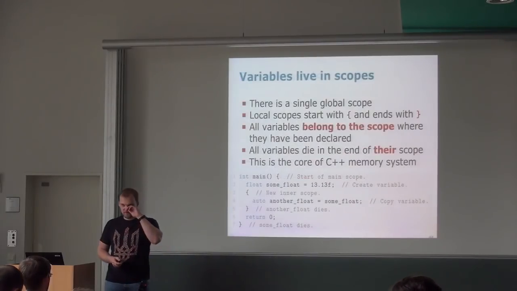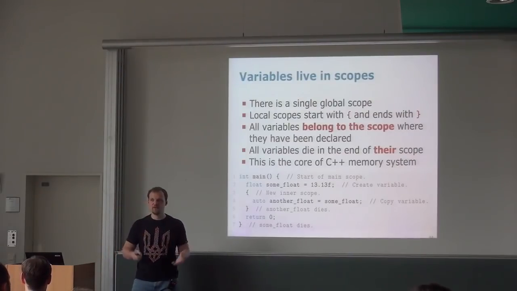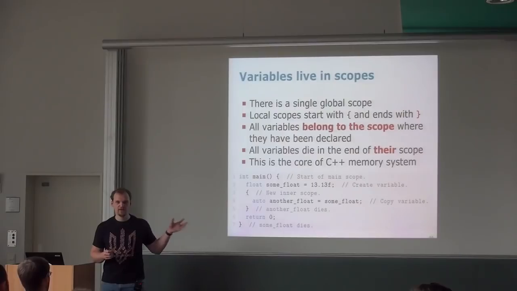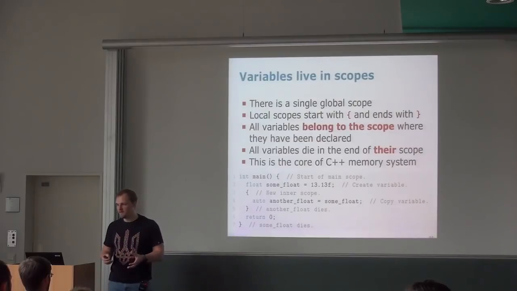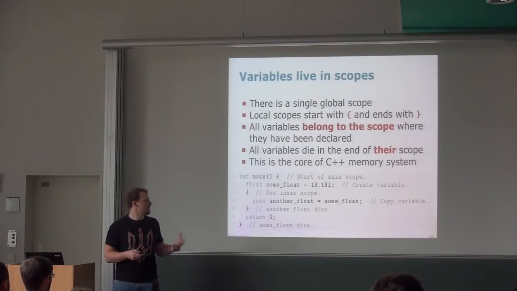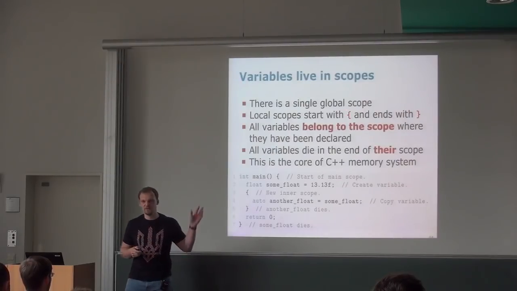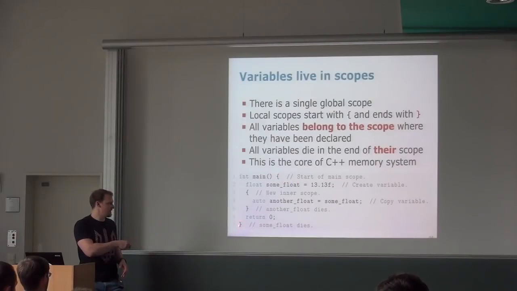Okay, an important concept, I think the most important concept of the memory. Whenever you think about C++, you have to think about this. This is why C++ is so efficient and why it's used all over the place. It's because of the scopes. Every variable lives in a scope, and a scope is everything that is defined between these brackets. Whenever you see those 2 brackets, unless it's some definition, it's a scope. For instance, this is the main scope. It starts from main, goes up to here, and then this is some other scope. You can create as many scopes as you want.